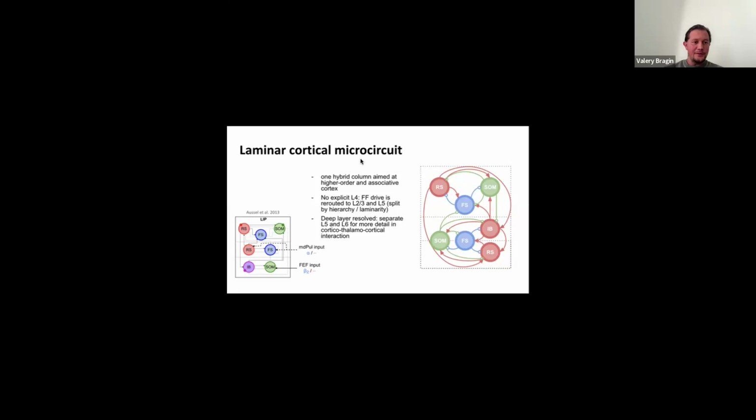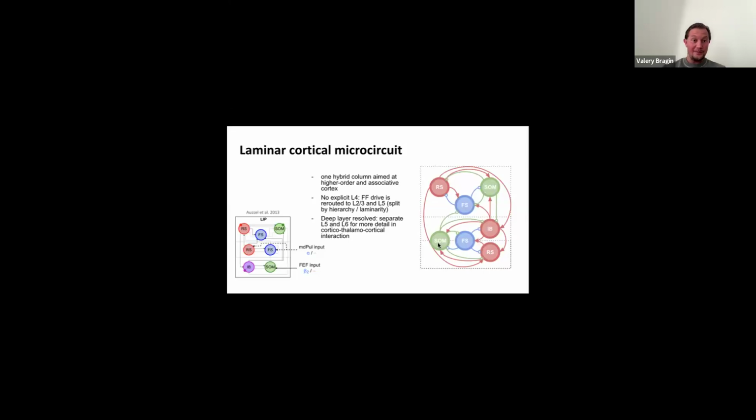Yeah, so we built upon the previous models that worked with this layer-resolved cortical circuit. It has excitatory cells and two classes of inhibitory cells. They had a frontoparietal model with more RS cells and more thalamocortical input, and they explored some attention experiments. So it partially overlaps with what we're interested in.